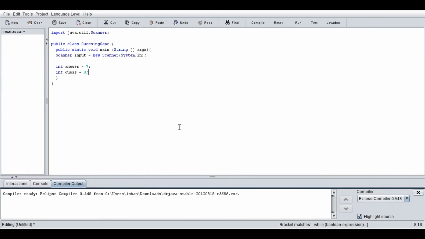Make a print statement that asks the user for a value. Write System.out.print("Enter a number between 1 and 10: "); Under that write guess = input.nextInt();